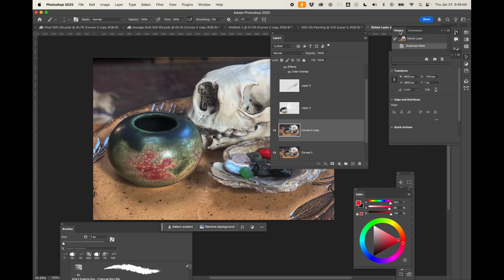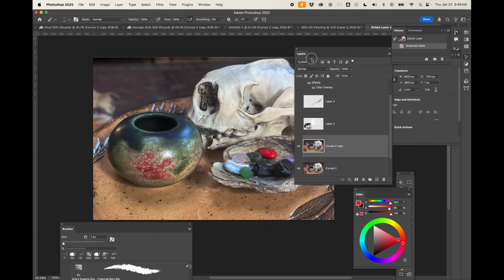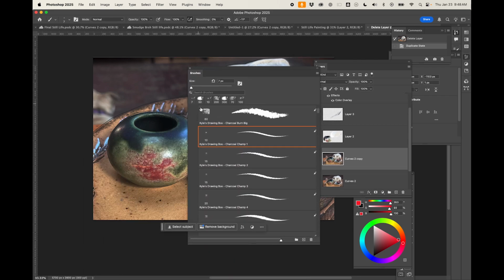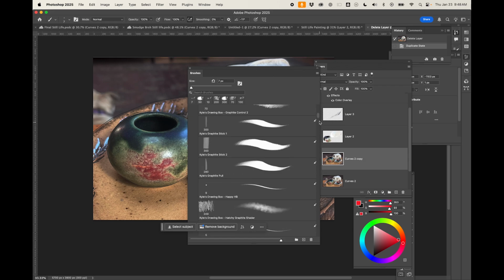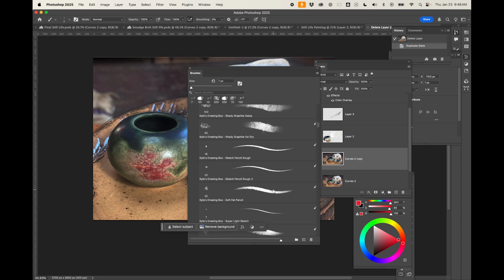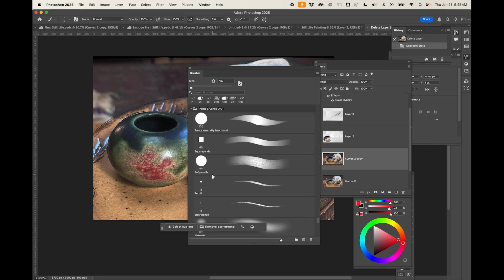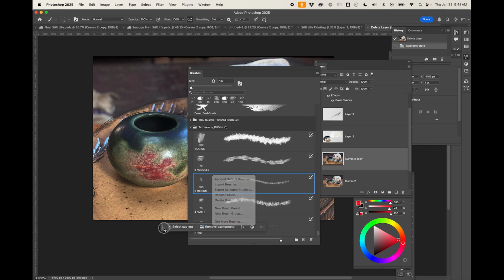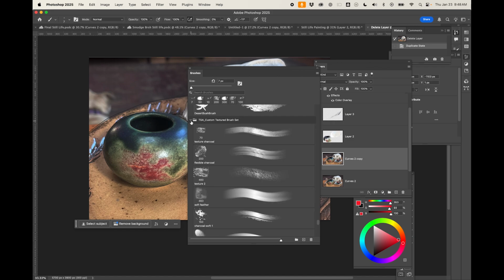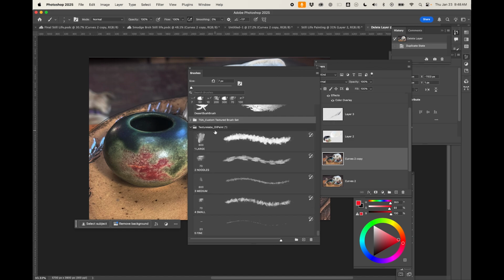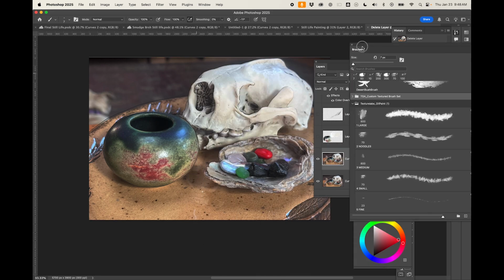Moving forward, we've done this before with our art history brush. So we're going to be working with this set of brushes way down here at the bottom. It's the last set that we installed, which is, come on now, way down here at the bottom. I have this whole thing opened up. I should have just closed it up. It's the Texture Lab brushes, the oil paint brushes. And I'm just using the same ones that we used for the last one because I like the way that they work. I like the way that they interact. And Texture Lab oil paint. This is the one that we had for our